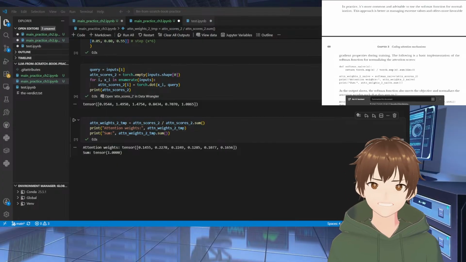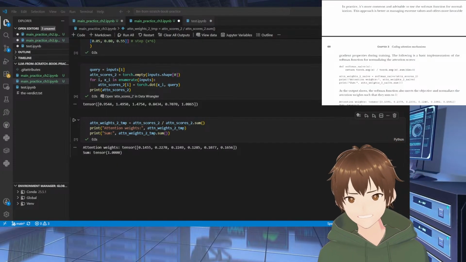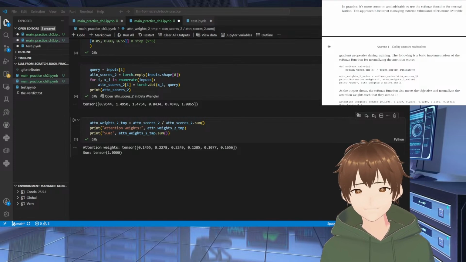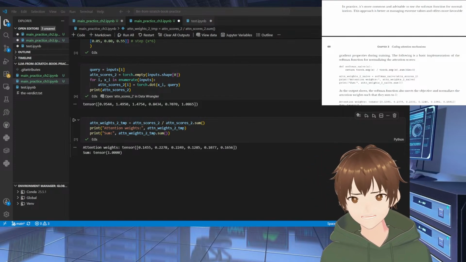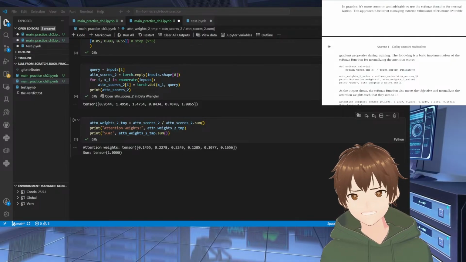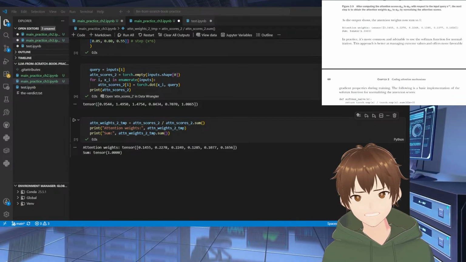Gotcha. So yeah, normalization, softmax. So that's what they mean. The thing is, like, this sort of stuff,